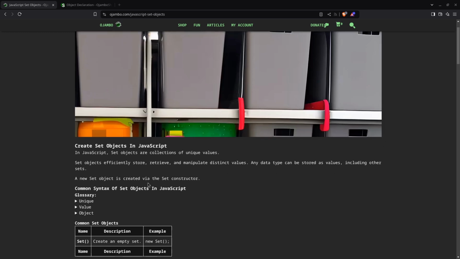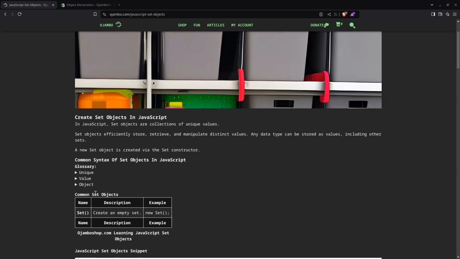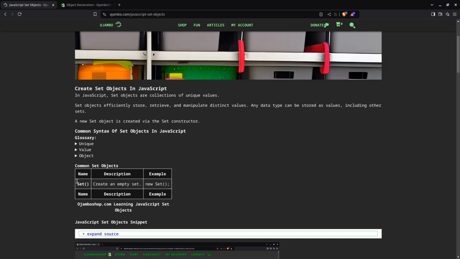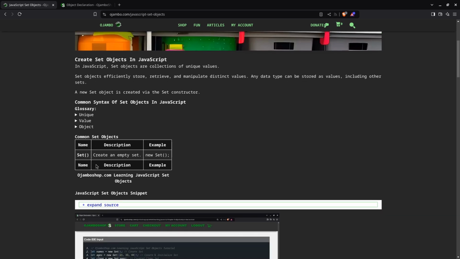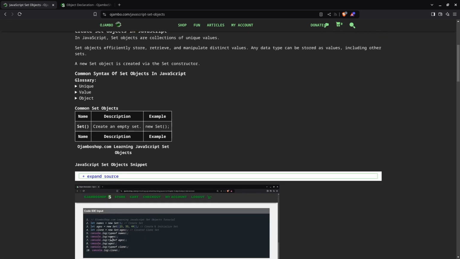A new set is created using the set constructor. And I do have a glossary here for you explaining what unique means. Unique is obviously one of a kind, what a value is, and what an object is. I've gone over these two in previous tutorials, so I won't go over that today. The constructor is literally just new Set, and you can expand here to see the code we're going to use for this